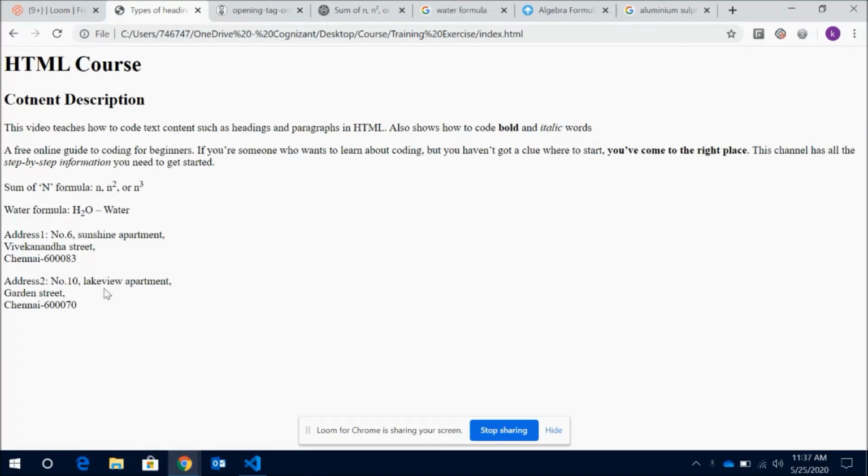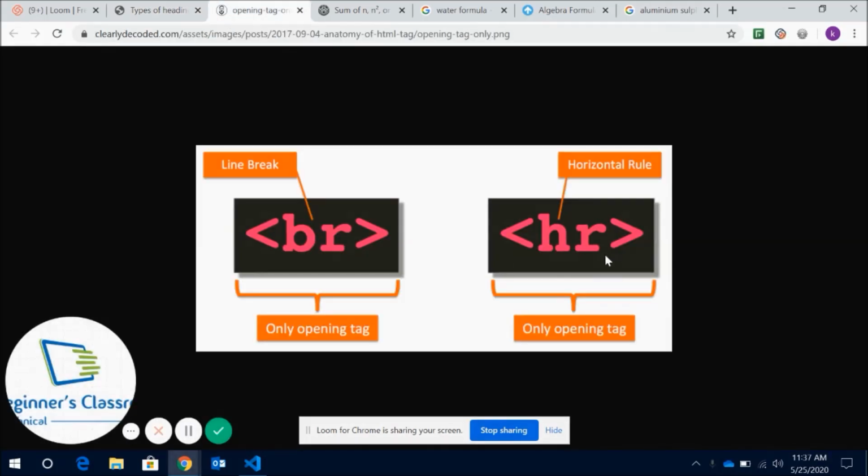Next, I want to add one horizontal line after both the addresses. To add a horizontal line, we have the HR tag in HTML. So now I'm going to add this HR tag wherever I want a horizontal line.